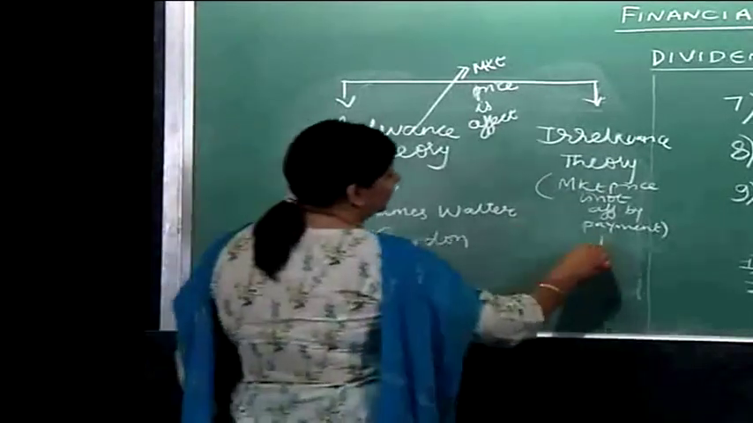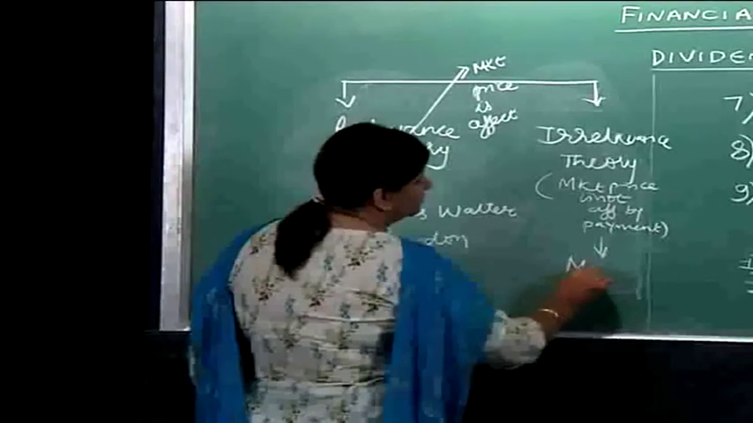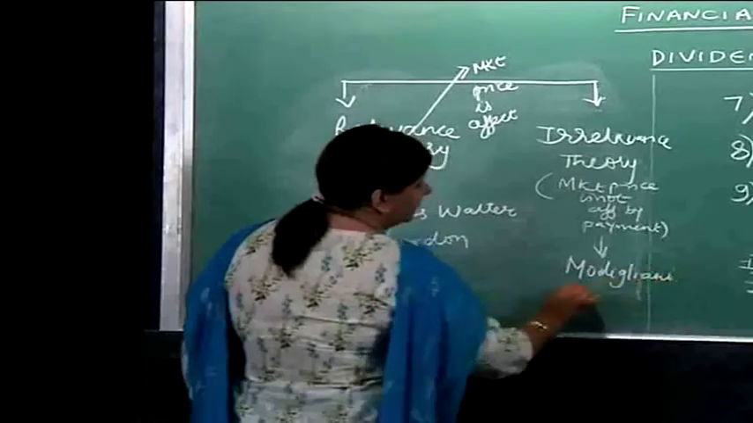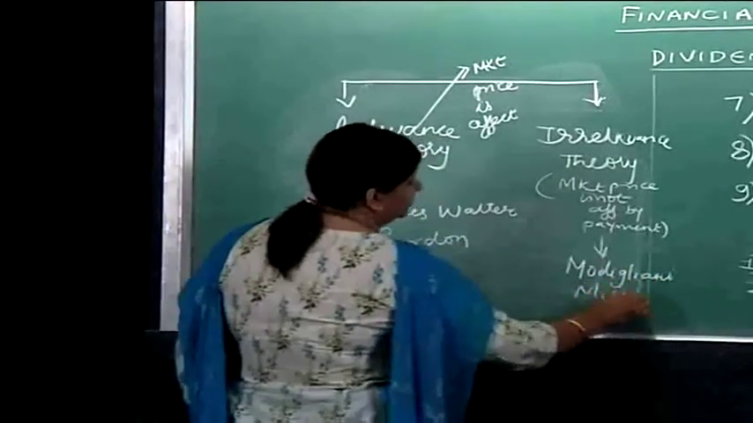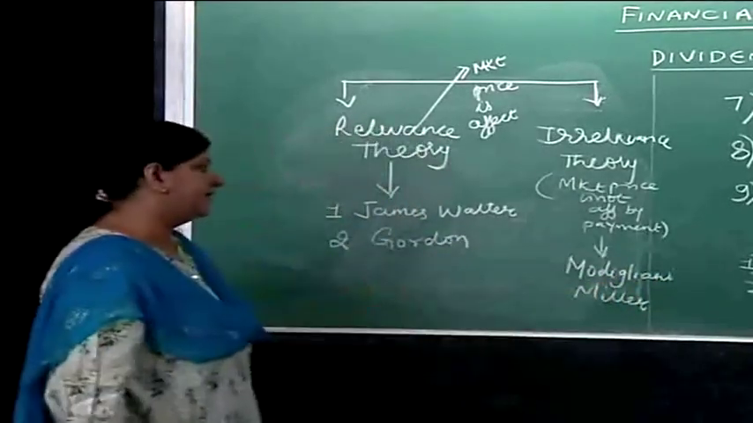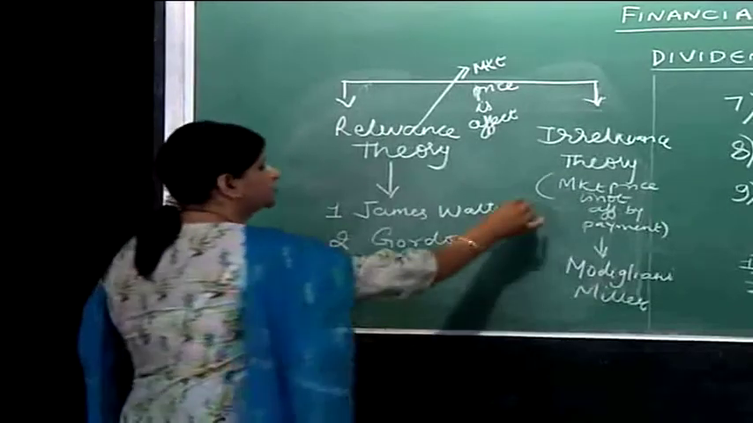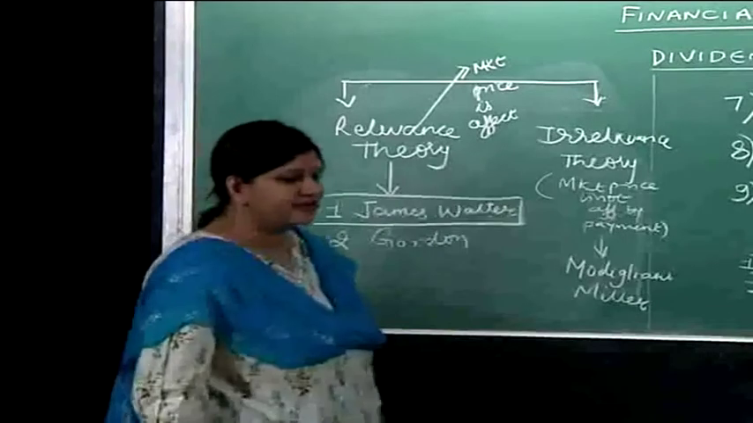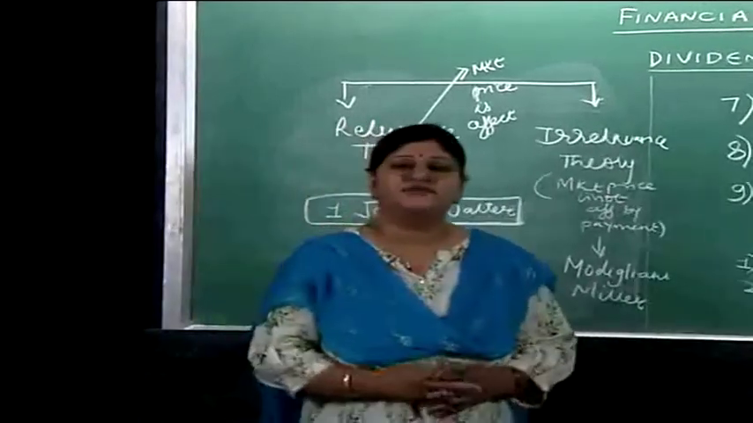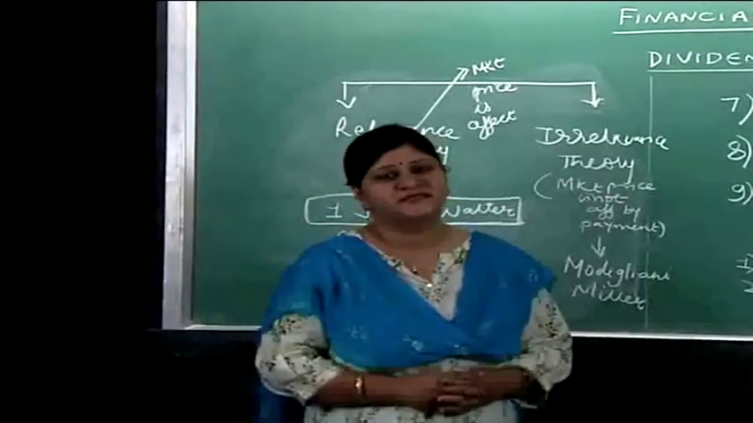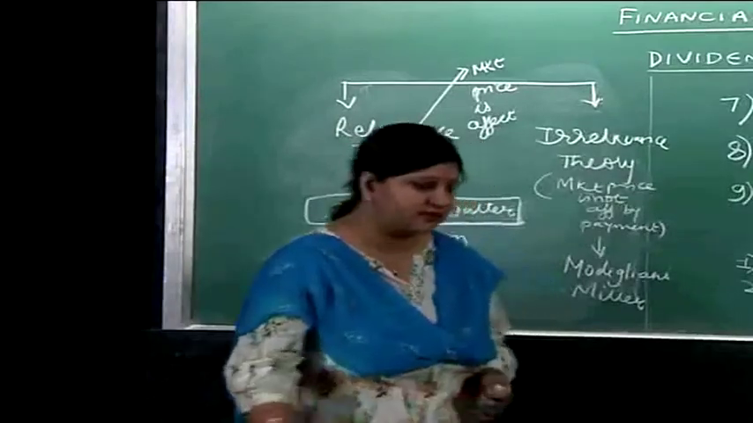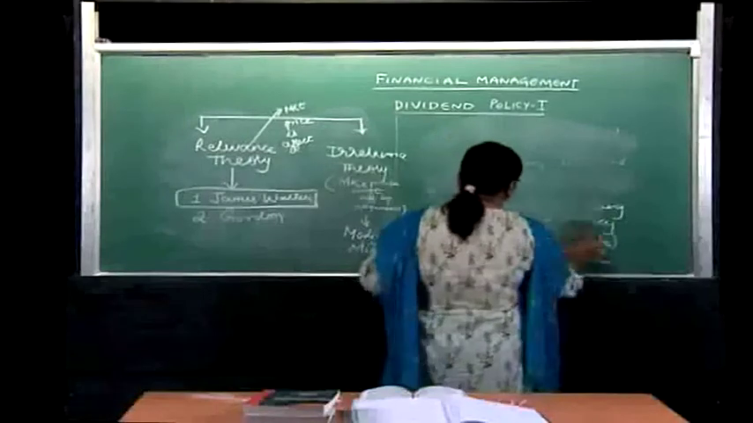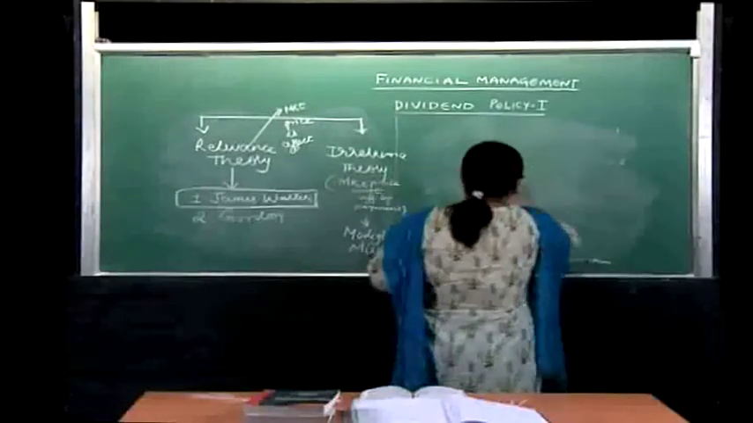The irrelevant theory has been suggested by Modigliani and Miller, and we will discuss it in a separate lecture. So today we are going to concentrate on the theory given by James Walter. Let us understand what the assumptions of this model are. They have given a set of assumptions on the basis of which this model is based, and these are